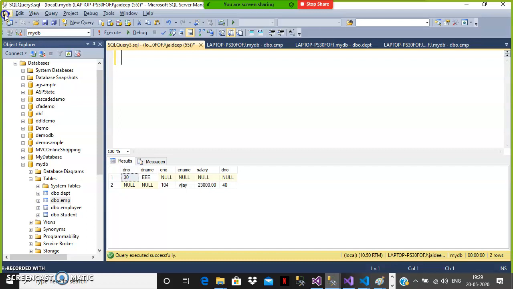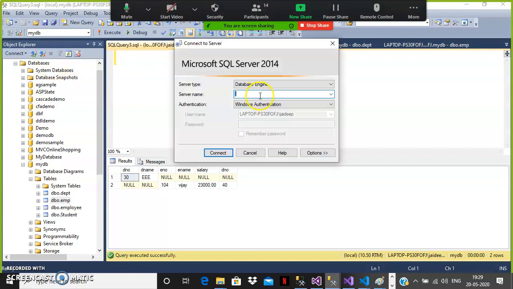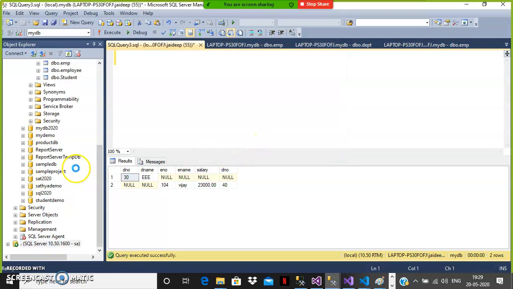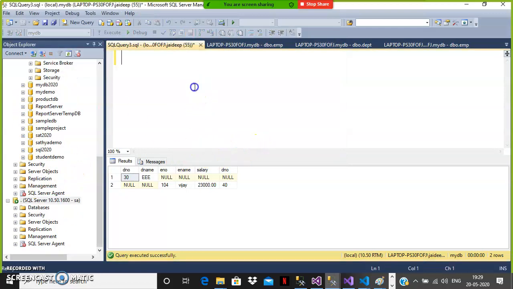Once you open your SQL Server Management Studio, here you can see Object Explorer. There you have to give your server name. I'll give dot, SQL Server Authentication, username SA, password ABC. Click on connect. First of all, I'll create one database related to our project: create database RMS 2020.